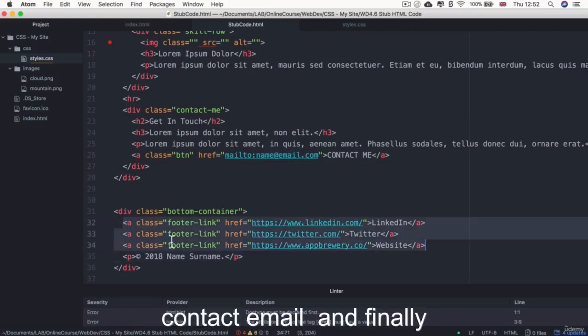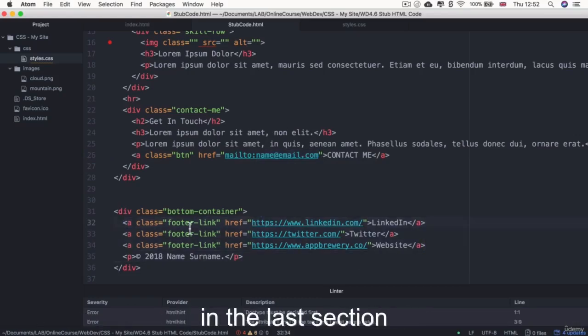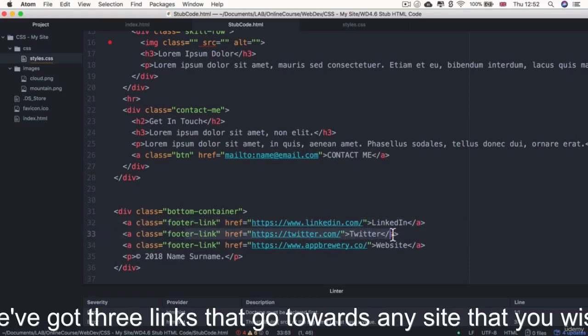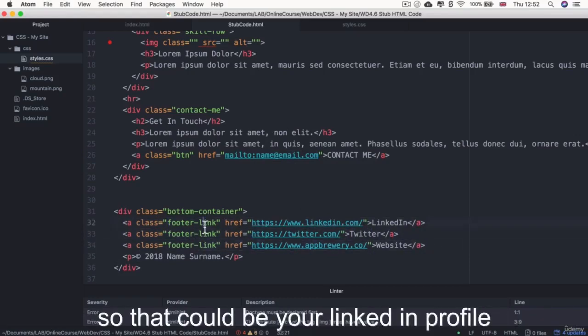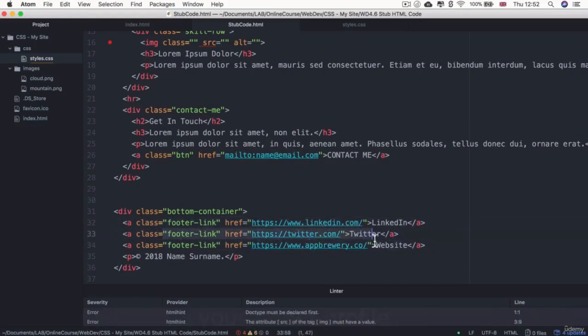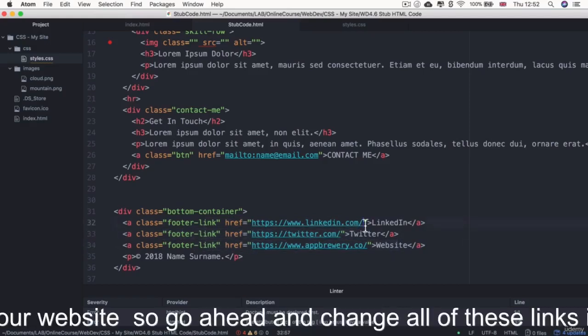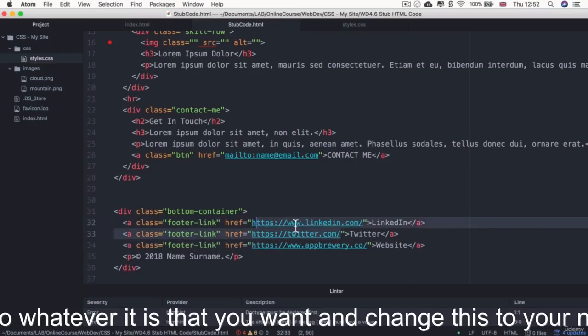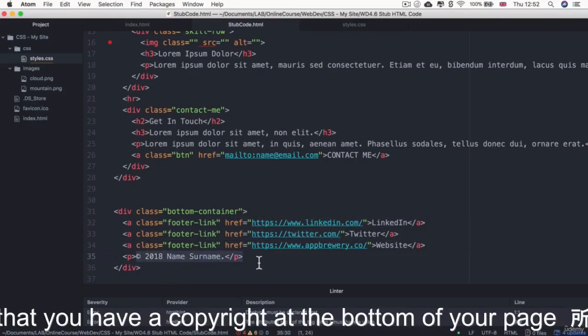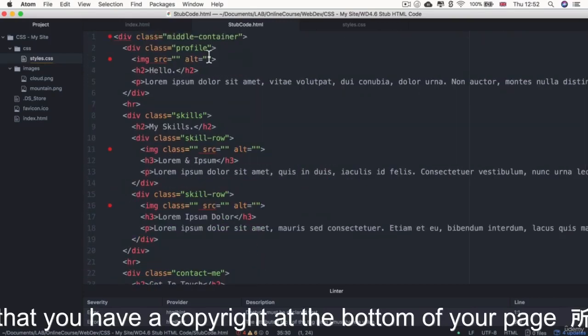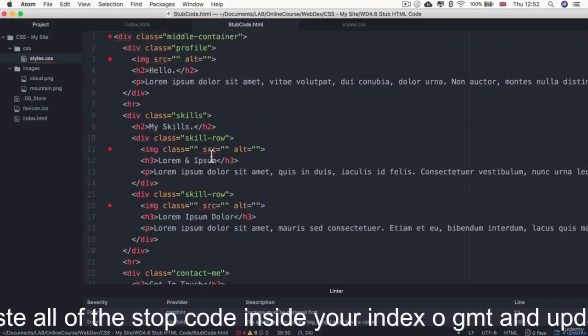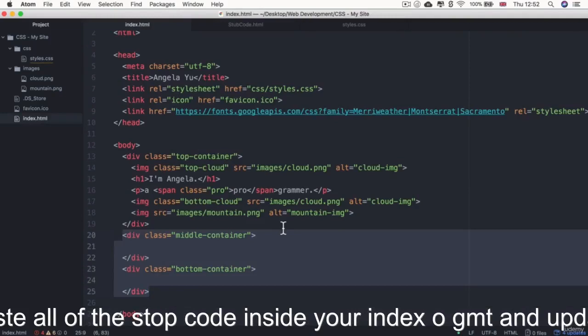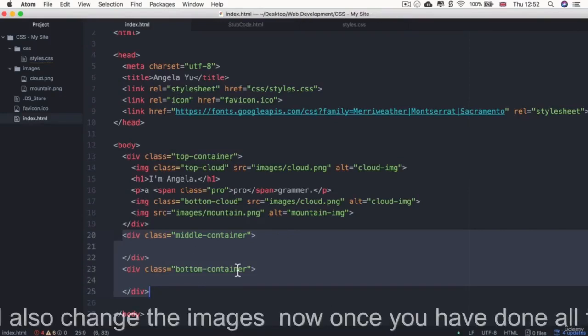And finally, in the last section, we've got 3 links that go towards any site that you wish. So that could be your LinkedIn profile, your Twitter profile, your website. So go ahead and change all of these links in there to whatever it is that you want, and change this to your name so that you have a copyright at the bottom of your page. So go ahead and paste all of this stub code inside your index.html and update the lorem ipsum and also